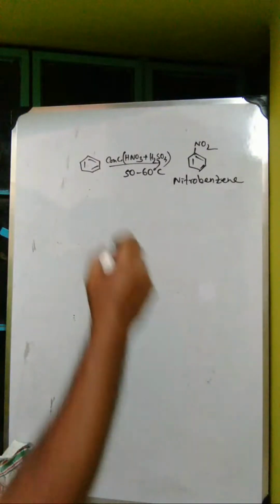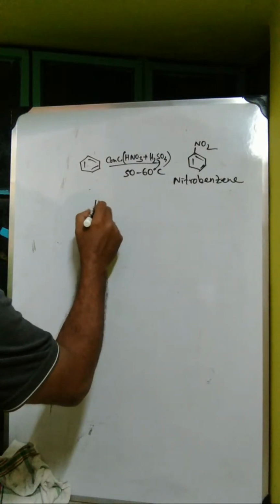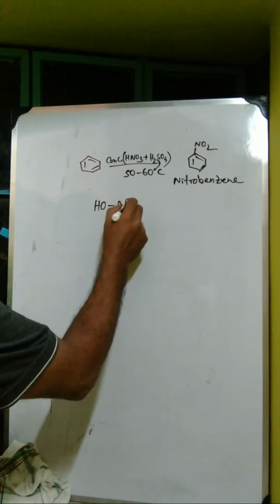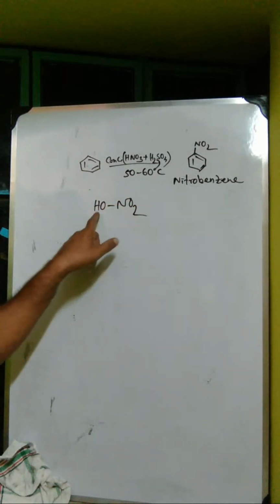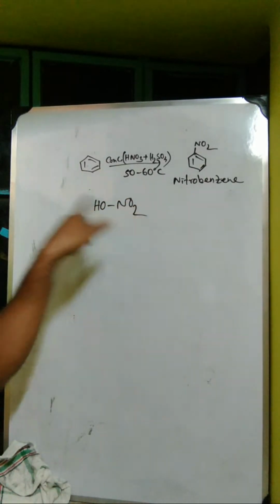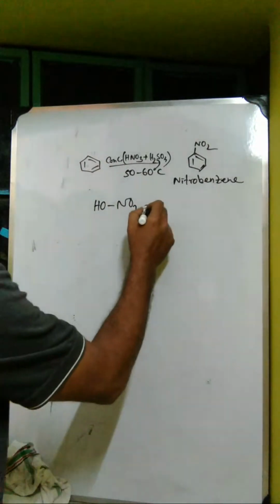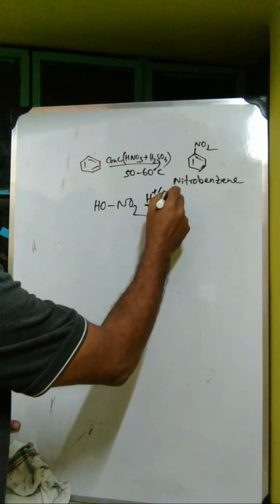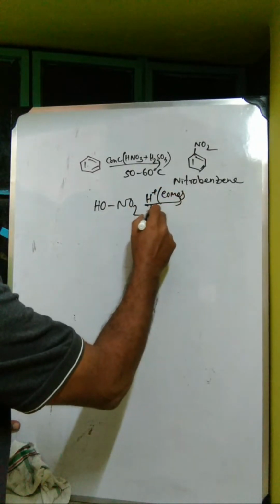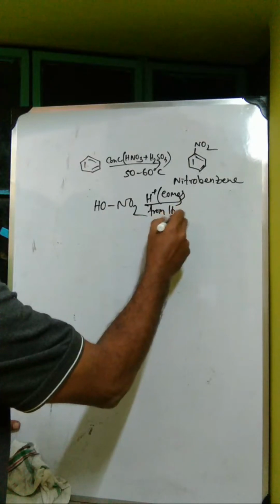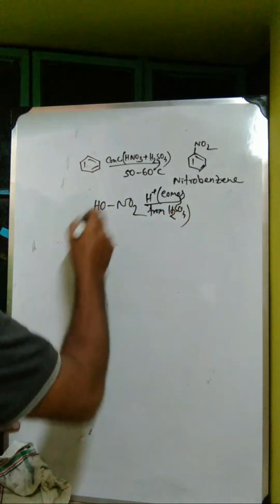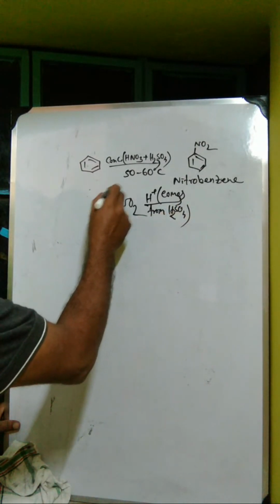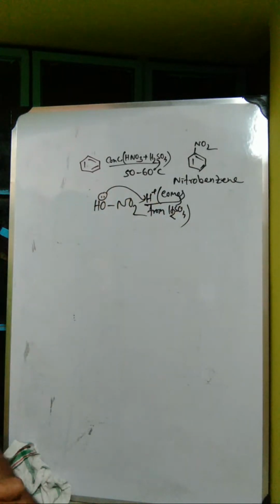So we can write nitric acid in this form, HONO2, that is HNO3, and H plus comes from the concentrated sulfuric acid in the reaction mixture,